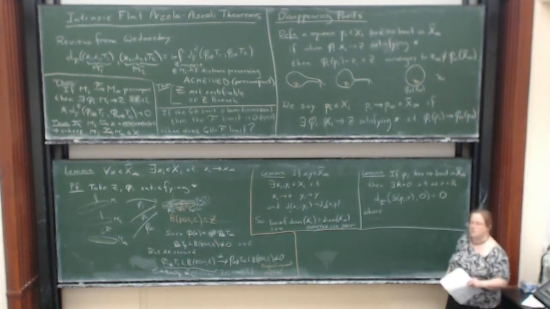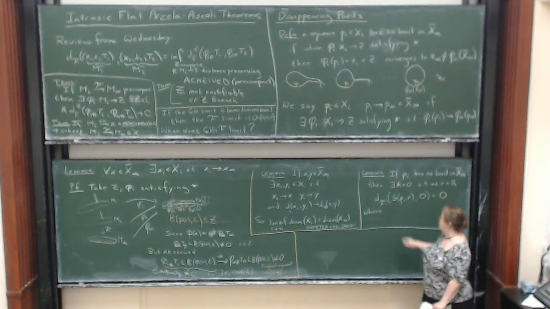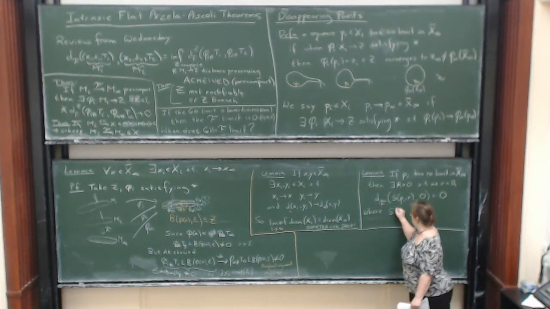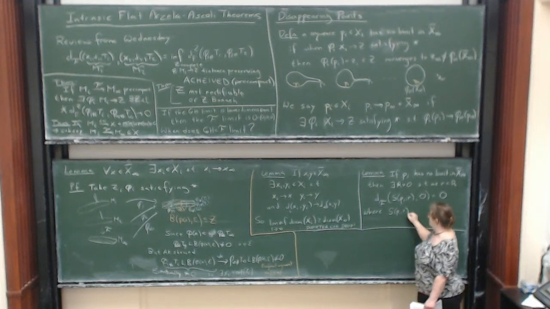We always have to have our almost everys, right? Where for almost every little r less than R, the flat distance from S_{p_i,r} to 0 goes to 0, where S_{p_i,r} is an integral current space that's created